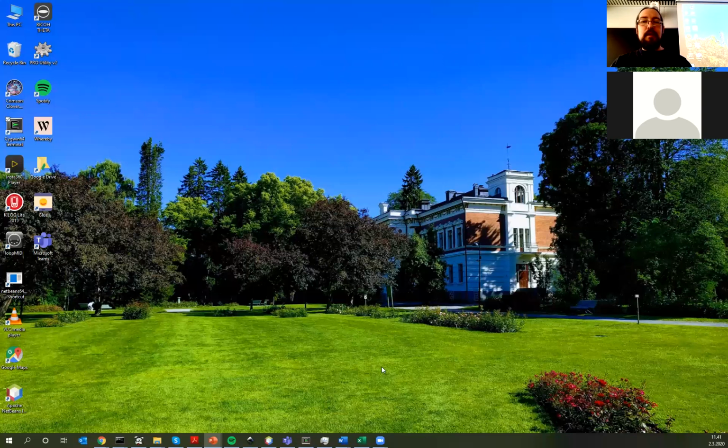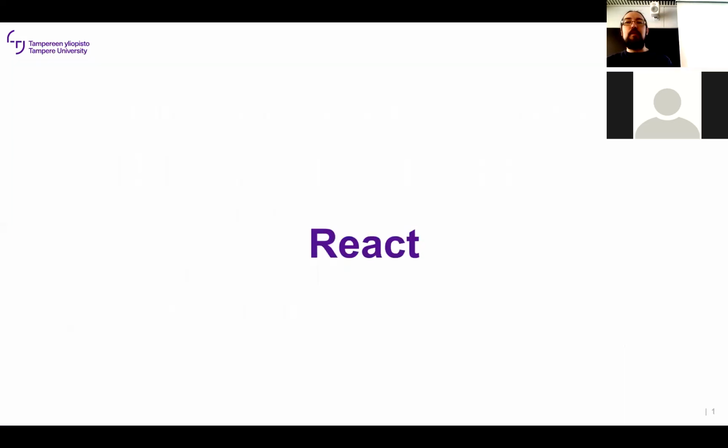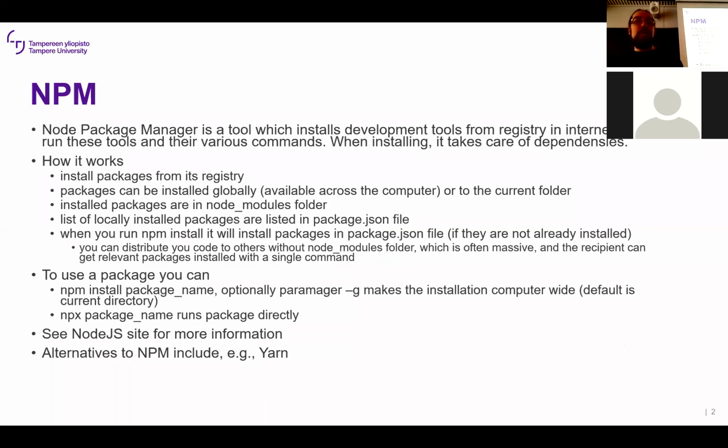Okay, I can quickly still show these installation tools. I will publish this as said soon. So yeah, I don't go into any details, but hopefully these are